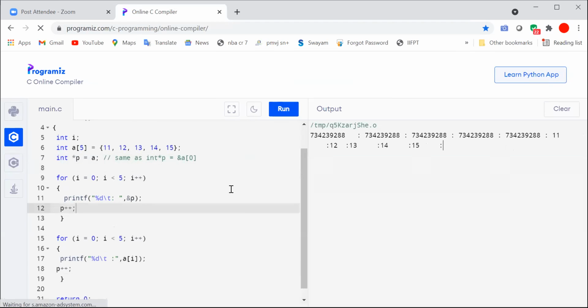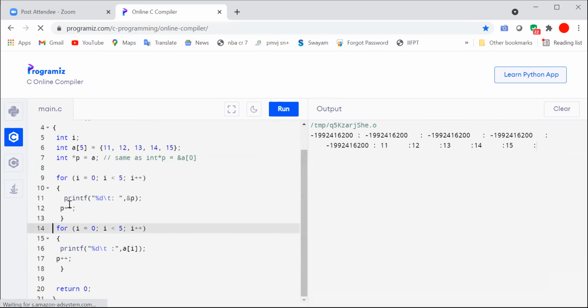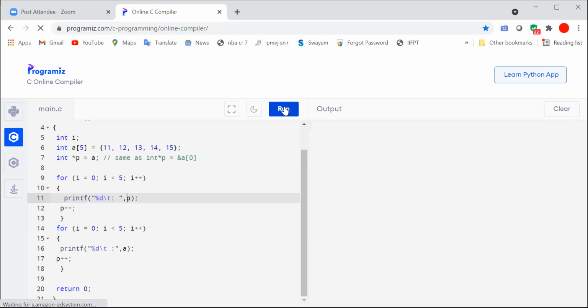So if you run now, here what we are doing is, in the first for loop we are displaying the address of P. The address of P is the pointer's address. Here A of I, the values. If you say A and if you say just P, P will have the address and A will also show the address.